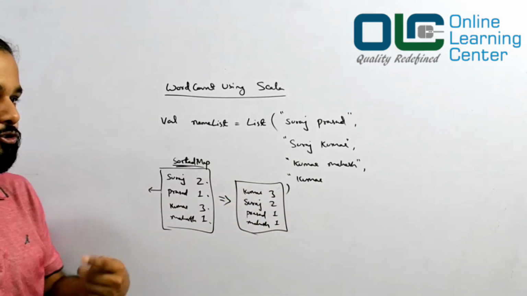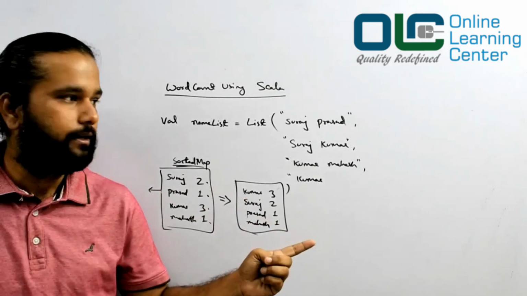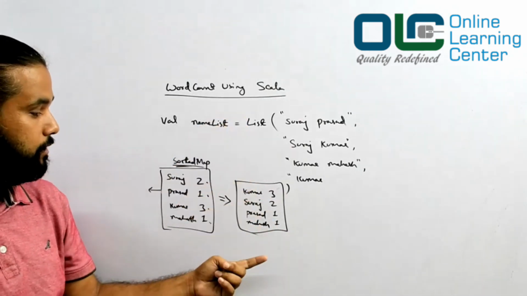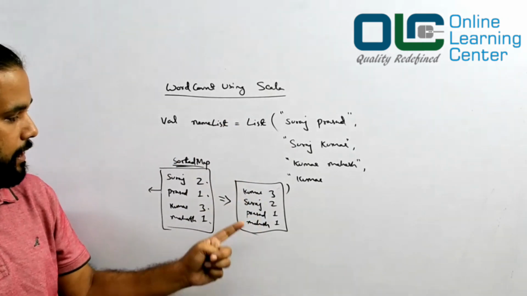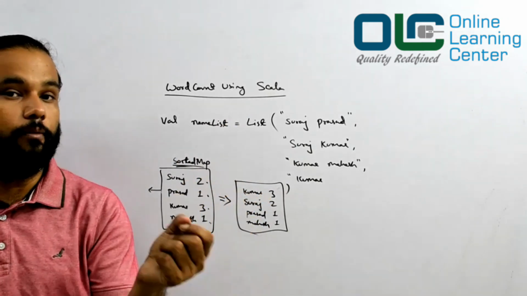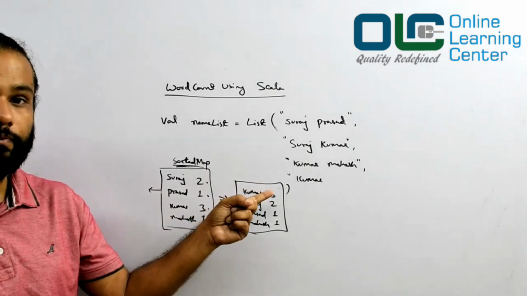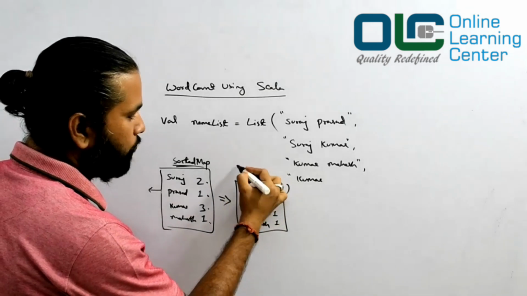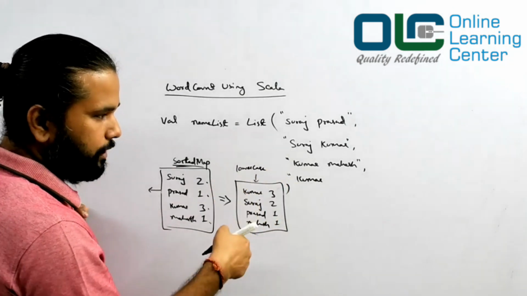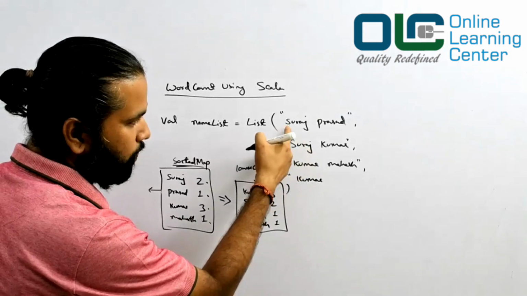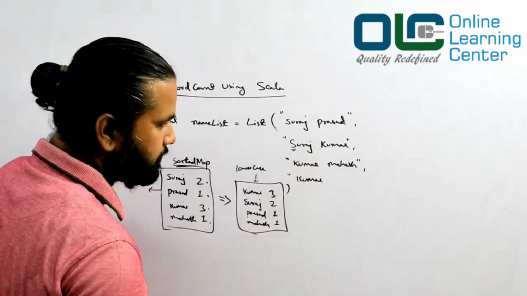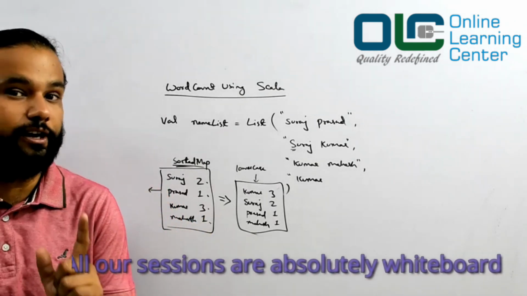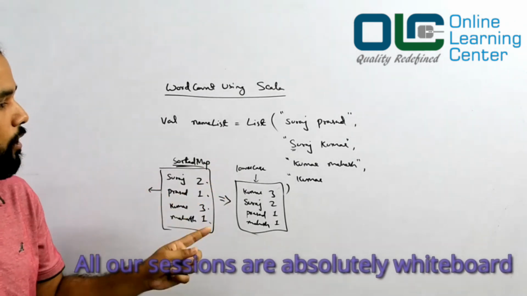So this is what I want you to create. Given a list of a lot of strings, you just have to give me the words in such a way that the word which is occurring the maximum number of times should be at the top. Your result should be all in lowercase. If somebody has written a small s or a capital S, you should still say Suraj. You should not treat them differently. You should treat them the same. So that is the assignment.